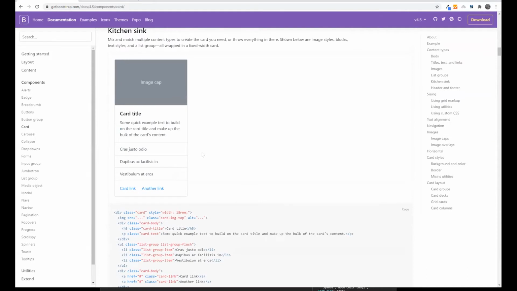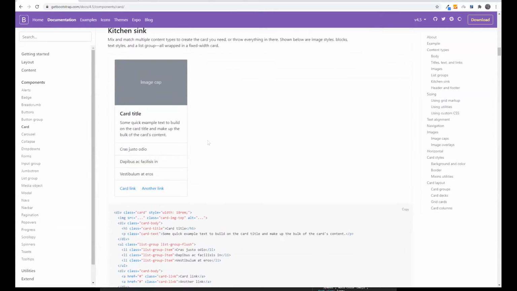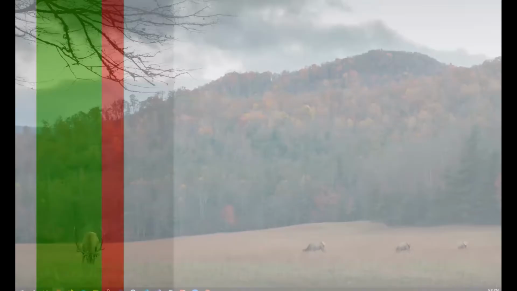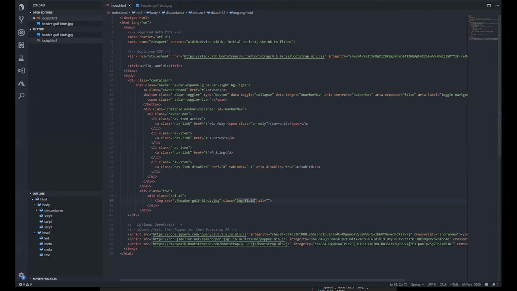As I said, if you really wanted me to go through all of Bootstrap, you'd have to be here for at least 12 hours because there's so much on this site that you could never get through all of it. So we're going to do that same complicated method on how to add the kitchen sink in there as we did before for the nav bar. We're going to come over here and click the copy button, copy it to our clipboard, and we're going to come back to, where did that go? Oh, there it is. We're going to come back to our